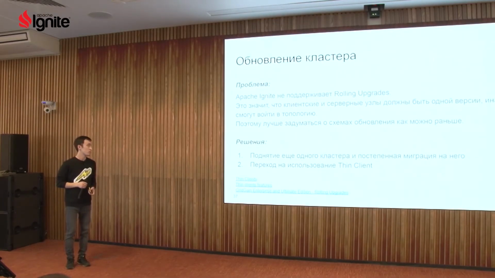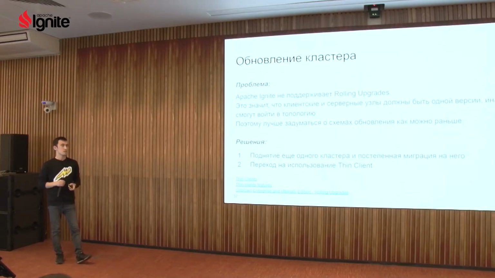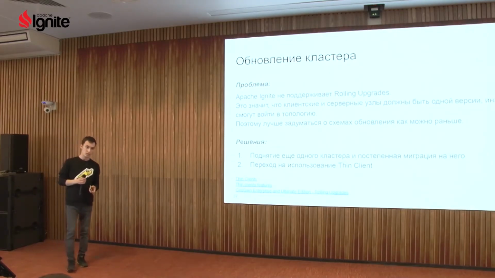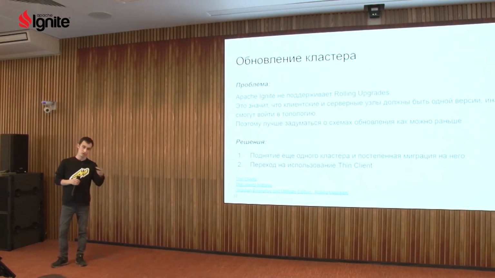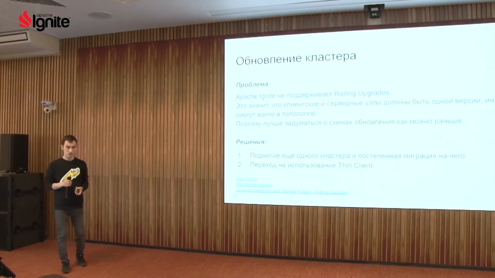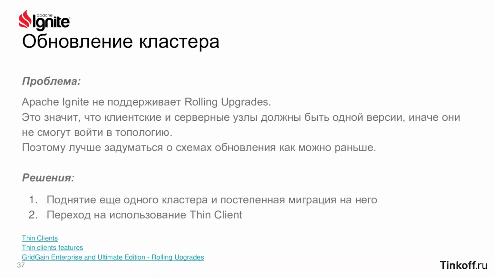The next point is that we decided to update our cluster because minor versions 2.7.5 and 2.7.6 were released, which can solve the corruption problem. But we were surprised because Apache Ignite doesn't support a rolling update. If you want to update nodes, you must stop all client and server nodes and do the update at once. For us, it means shutting down a lot of our services. I suppose there are the following solutions. Run a new cluster near the old one and migrate applications to it step by step. Use of thin clients could help in some cases.